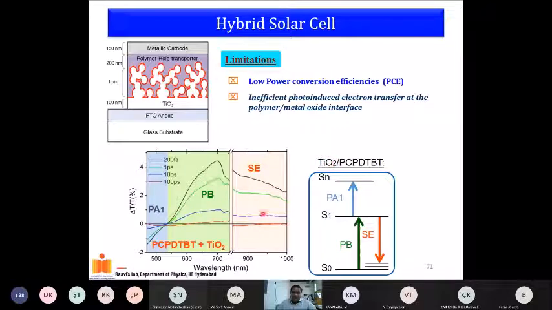Now, if you understood my earlier discussion, if there is an injection from the excited state to the titanium, the population in the excited state comes down drastically because of the electron injection, which means that the emission should get quenched. But if you start seeing emission, that is direct proof that injection is not efficient. In fact, the very reason why you see this stimulated emission tells you that the injection from the polymer to the titanium is very bad, which is why you don't have sufficient charge carriers injected, and that is why the efficiency is very low.